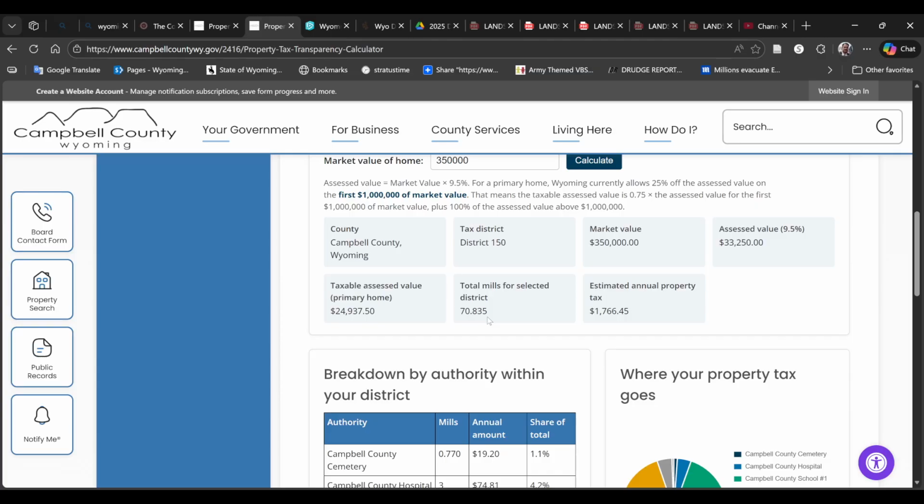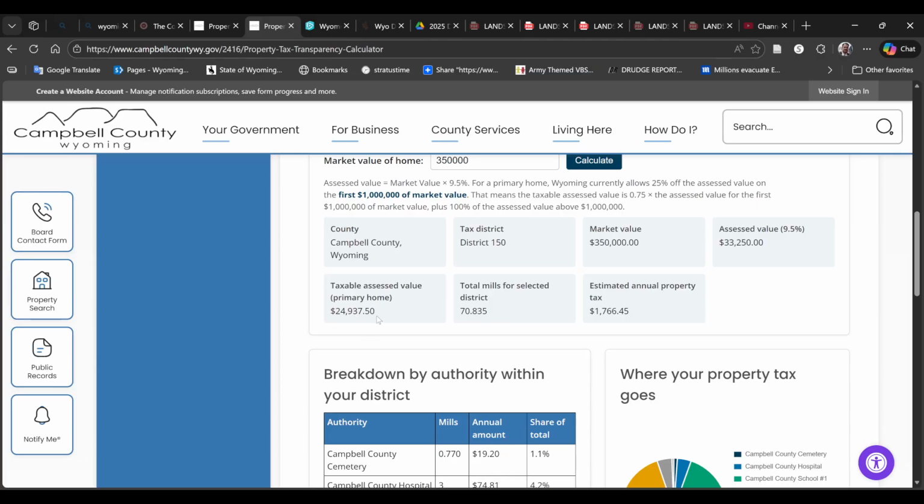70.835 mills. And by the way, this is why you have all of those different tax districts, because those mill levies are going to be different in each and every one of those tax districts. So what this tool does is it dials in your exact mill levy, your exact market value. Remember, you can just copy and paste that from that map. And you can see exactly how much you pay as far as taxes, what your assessed valuation is, not only the regular assessed valuation under normal circumstances, but also if you take 25% of that and what you would